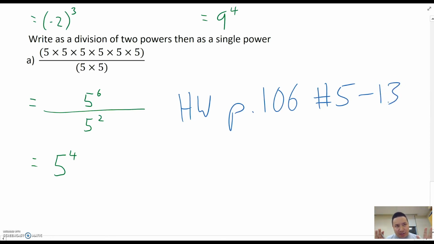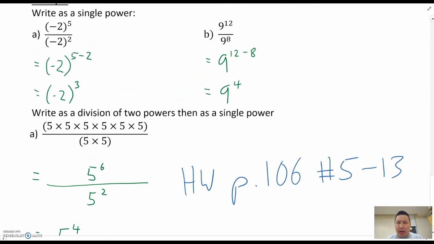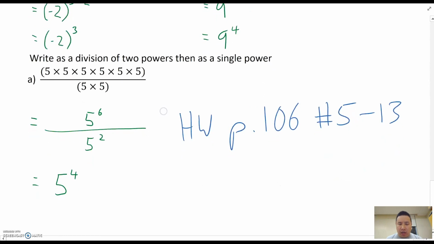It seems like a lot, but if you take a look at our examples, we were able to do these really fast. So use your notes, use exponent laws, try this out, and if you have any questions,